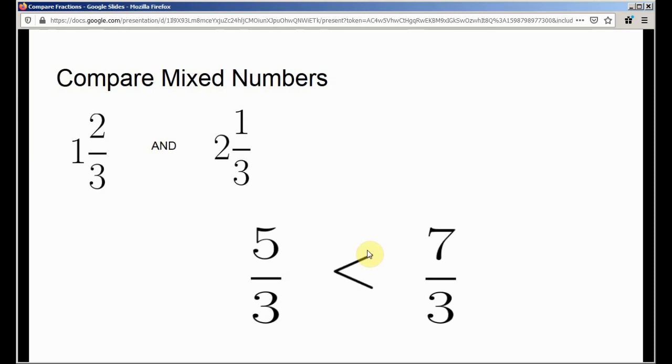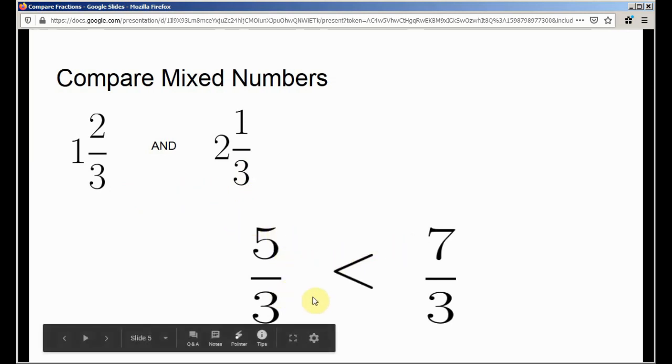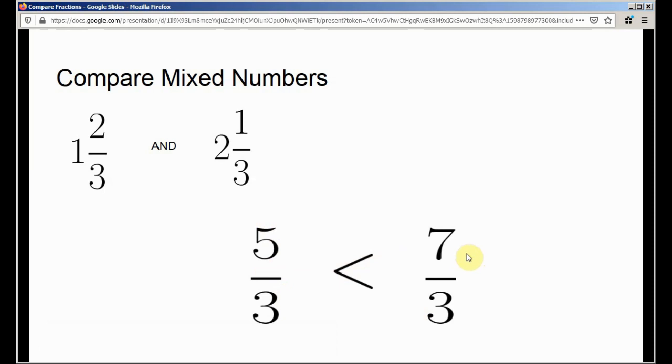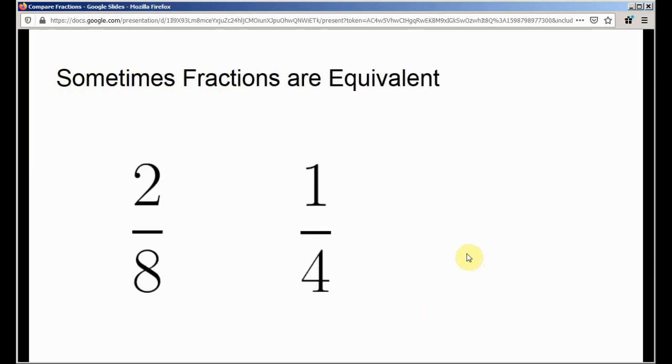So this is a very simple trick. Whenever a mixed fraction is given, convert it into an improper fraction. If the other number is a mixed number like this, you convert it into an improper fraction too. If it is not, then you don't have to worry about it. Simply make sure that you make either the denominator the same or the numerator the same, and then apply the principles of comparison.